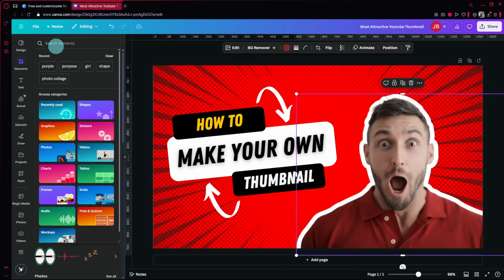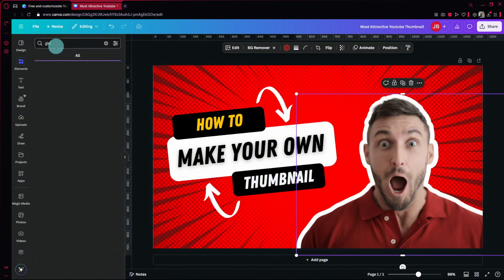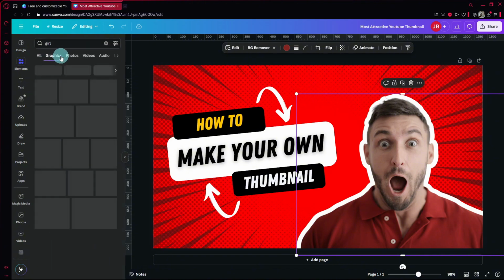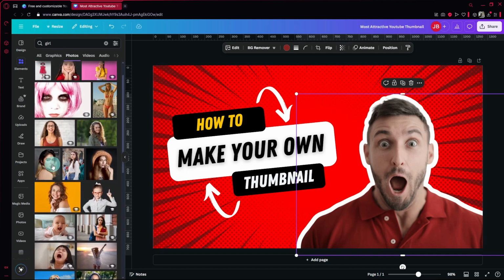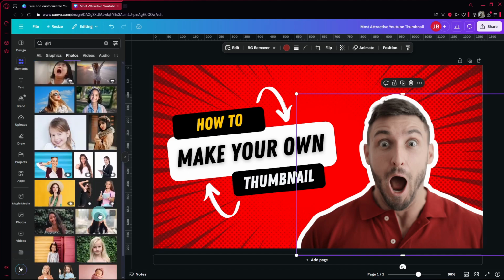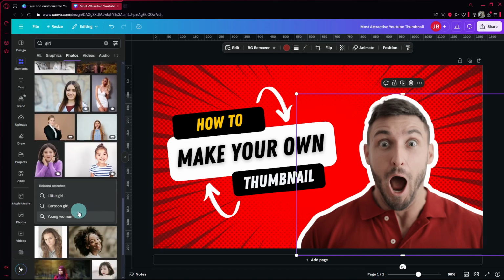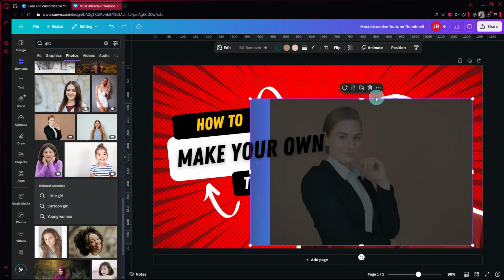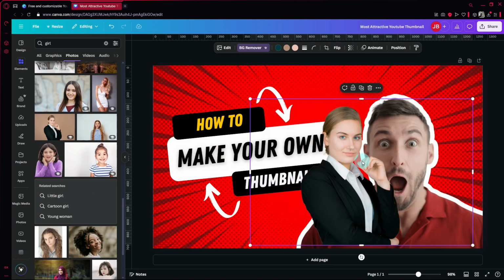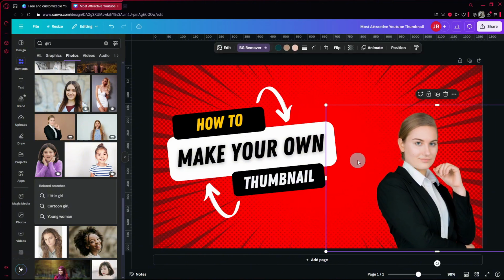And what I would recommend is you could adjust or change the image over here very easily. For example, you could choose your own image, or you could even choose someone else's image. So let's say girl over here, graphics or image, and let's use this image as an example. Let's look for something simple, something like this one. So simply click on background remover. You should then be able to remove the background over here, delete that one, click on the image, then click on edit,